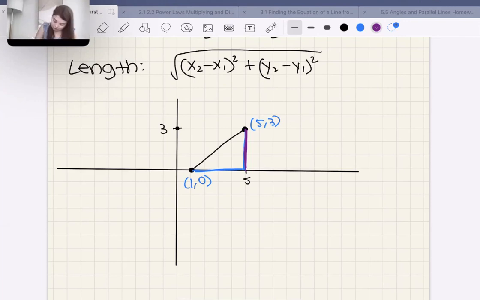So we can grab a 3 from here and a 4 from here. And then this is just our 3, 4, 5 triangle, right? We square those numbers, we take the square root, and we get 5 here, right? This is a very classic 3, 4, 5 triangle, as it turns out. Now, not all of them are going to end that nicely, but you can see from this simple example that